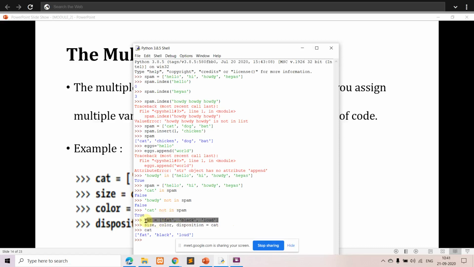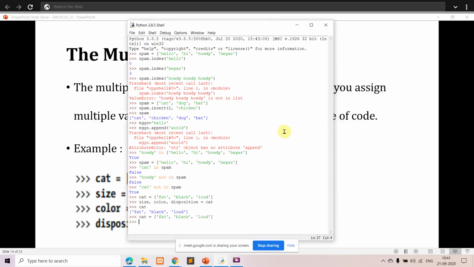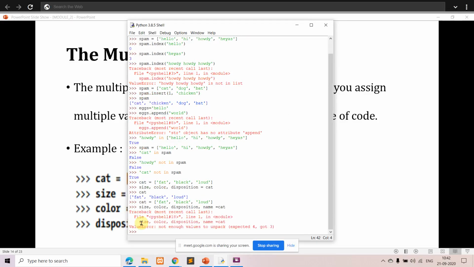The same cat will be used, and in cat I have only three values. Now I will try to initialize size, color, and along with that I will add one more attribute, name, and initialize it to cat. Just see what happens.